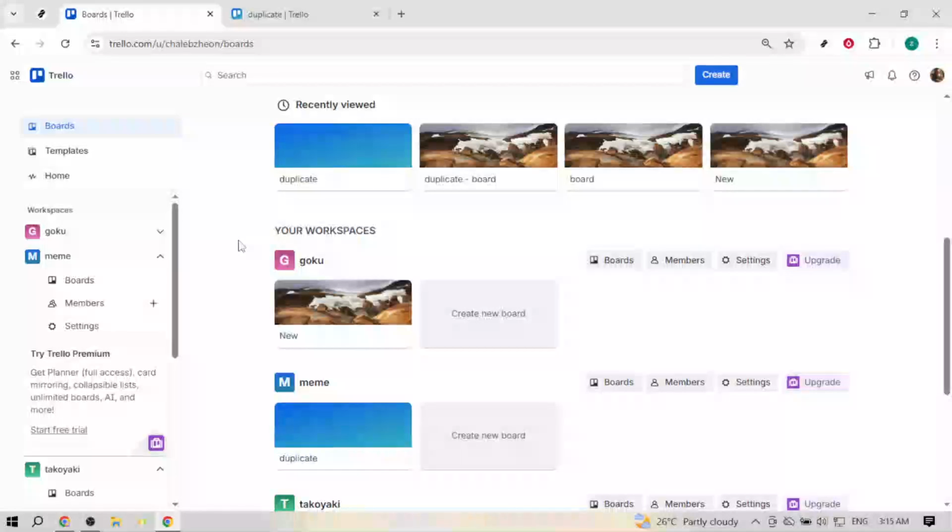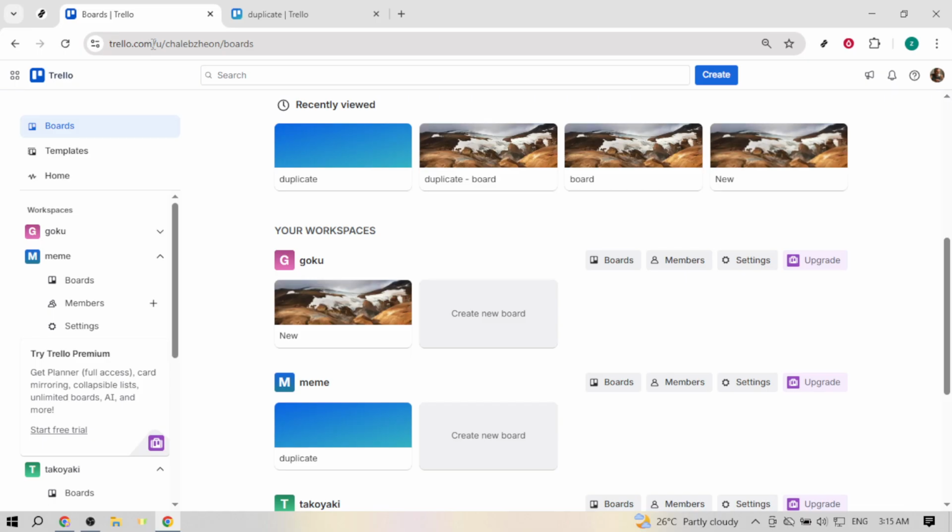In today's video, I'm going to teach you how to remove a guest from a Trello board. If you're collaborating on a Trello board and someone no longer needs access, removing them keeps your workspace tidy and your information secure. In Trello, a guest is anyone who's been invited to a single board but isn't a member